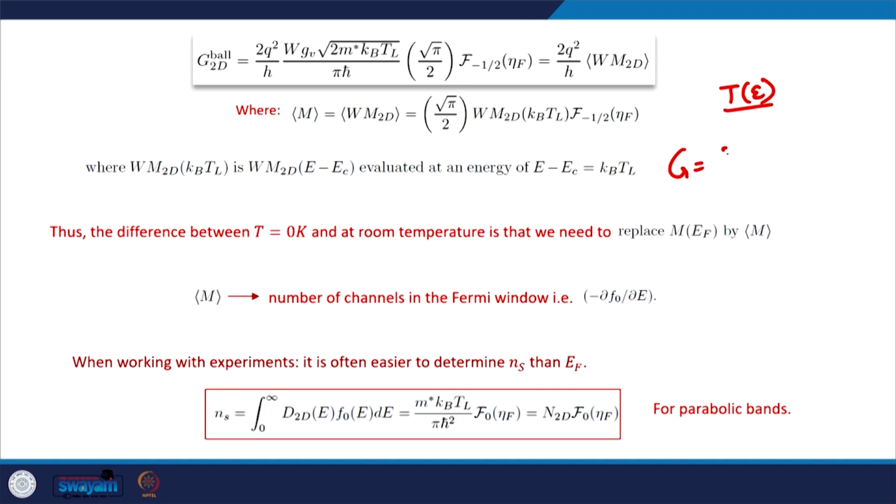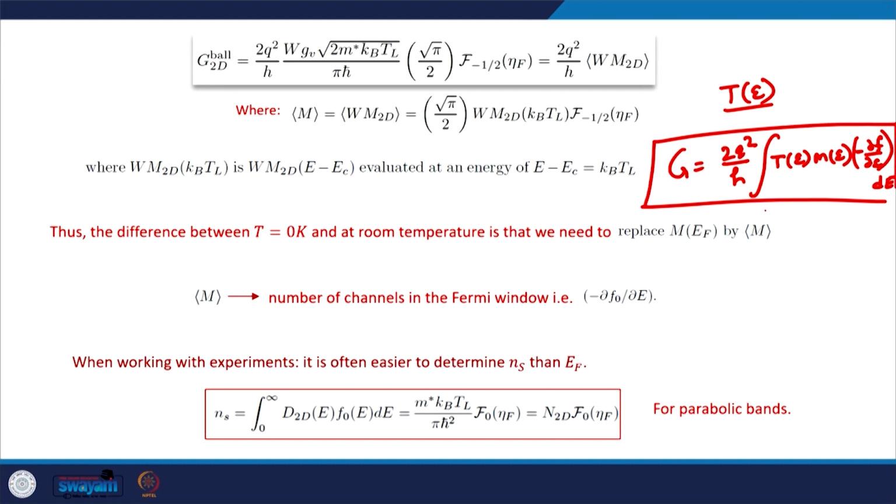So, in this expression of conductance, 2q square by h integral of T(E) M(E) minus del f by del E dE, we would also have to include the transmission coefficient in the case of a diffusive conductor, and those calculations we can now quickly do because we are now familiar with the Fermi-Dirac integrals, and with how to deal with this kind of calculation. Okay. So, that is what we will see in the